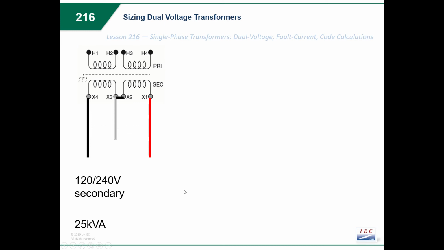Okay, so they're going to come in here and tell us, we should mention that each coil can carry half of the rated kVA. So we have half the rated kVA on each winding, because remember, we connect these in series. We're going to have the same amperage flowing through, right? So let's look at here. So if we have 25 kVA feeding this guy,